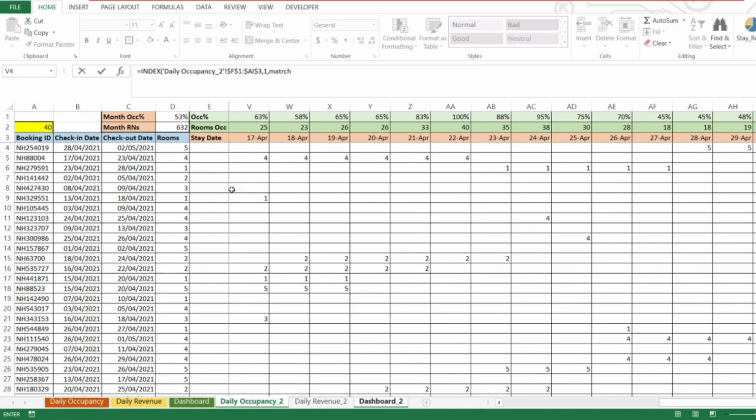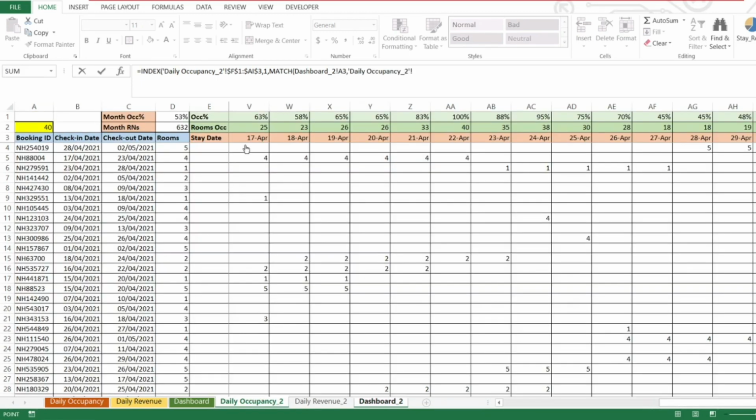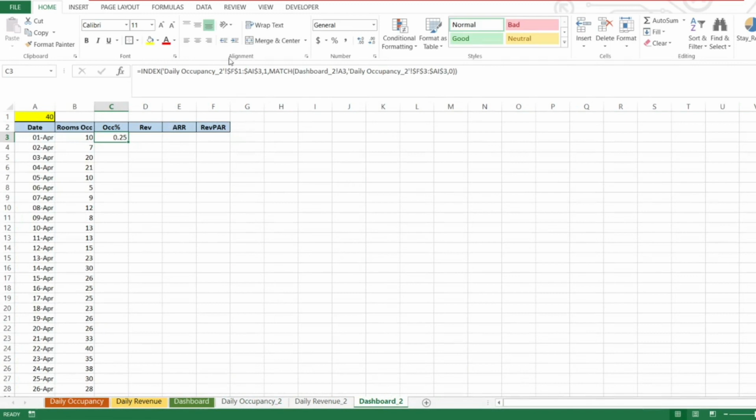Then we are going to use the match function. Go to dashboard again, match this particular date in this particular range where the dates are sitting, and it has to be an exact match, close brackets. And here we have the daily occupancy percentage.